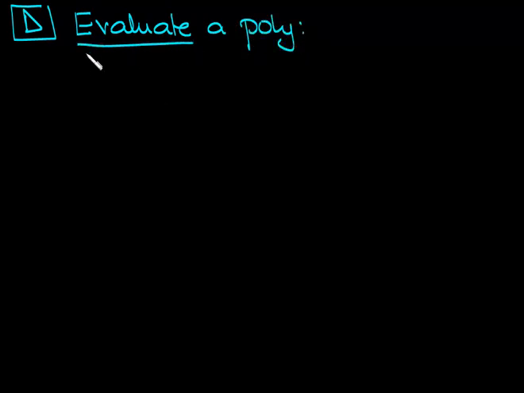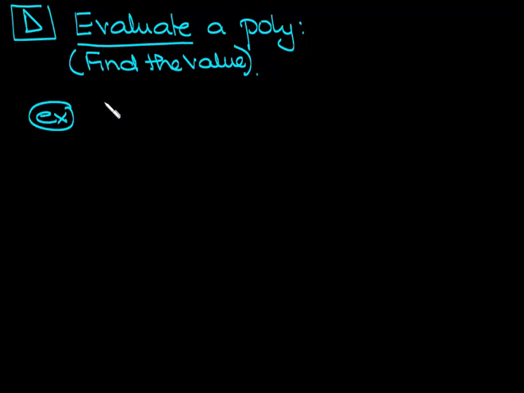So the first thing we can do is evaluate a polynomial. That means we can find the value. Evaluate basically means find the value. Okay, so let's take a look at a couple examples. This is fairly straightforward. Let's say I have something like this: 6x cubed minus 5x squared plus 4x minus 3, and I tell you to evaluate the polynomial